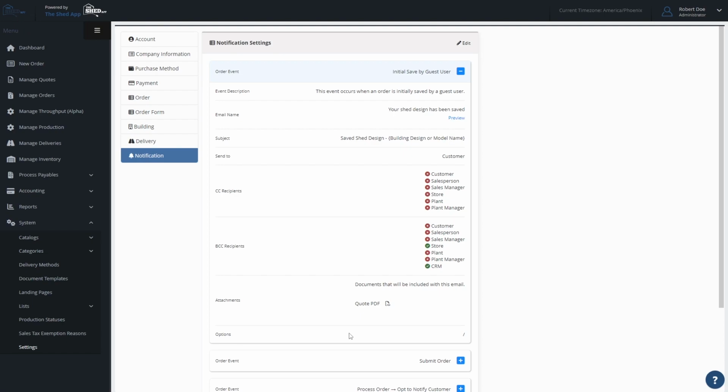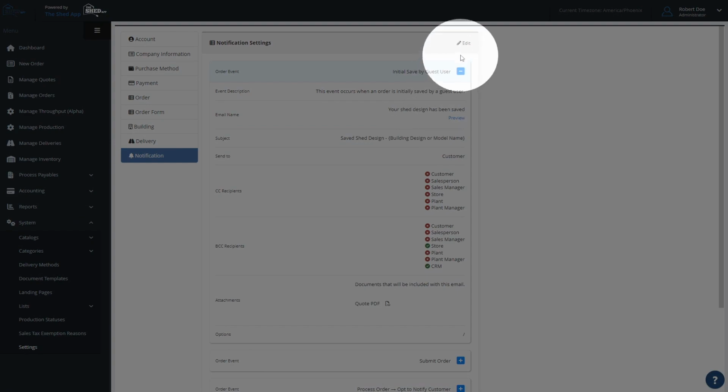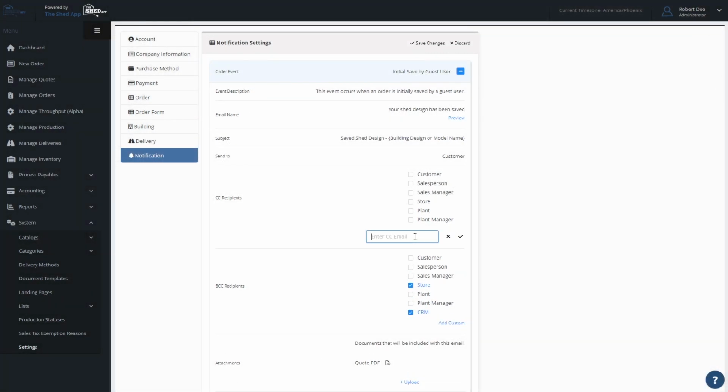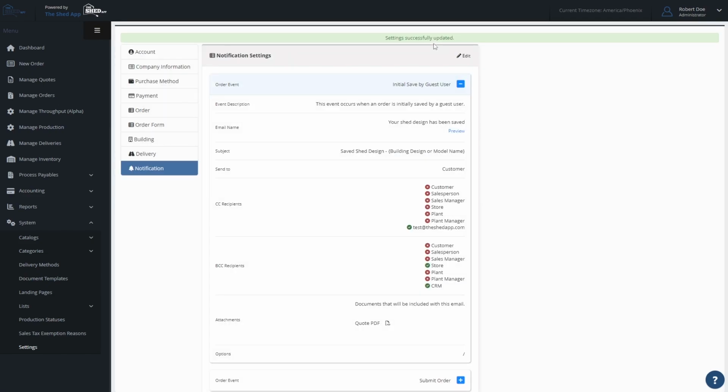Now let's look at how to make changes to this notification. I'll come up here and click on Edit. You'll see that one thing we can edit is the list of CC recipients. We can choose the recipients we wish, and we can also add custom recipients. To add a custom recipient, let's say I'm going to send this to test@theshedapp.com. I can add that email, click on this little checkbox, and then come up here to save my changes. Now those changes have been saved, and you can see here that test@theshedapp.com has been added as a CC recipient